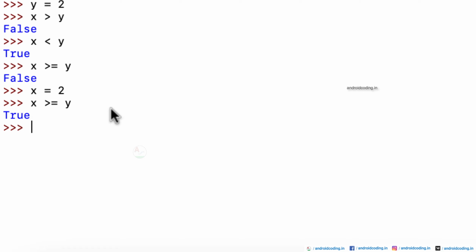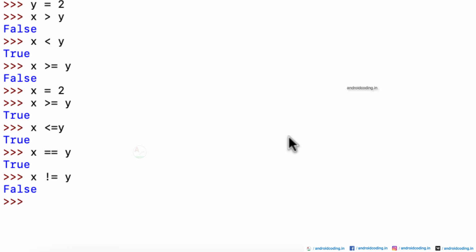And when you try x less than or equal to y, then also you will be getting true here. And one more condition we can check here is x double equal to y. So yes, it is true, 2 double equal to 2. And x not equal to y is 2 not equal to 2, so here we will be getting false.